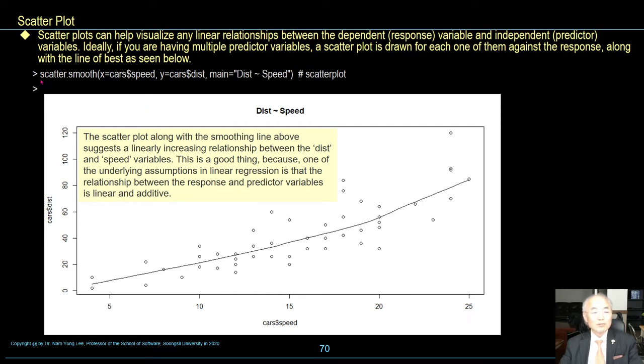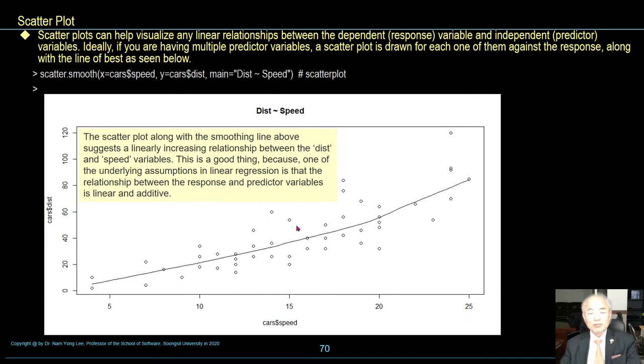The command in R: scatter.smooth x equal cars$speed, y equal cars$dist, main distance tilde speed. Here distance speed scatter plot and with the line.